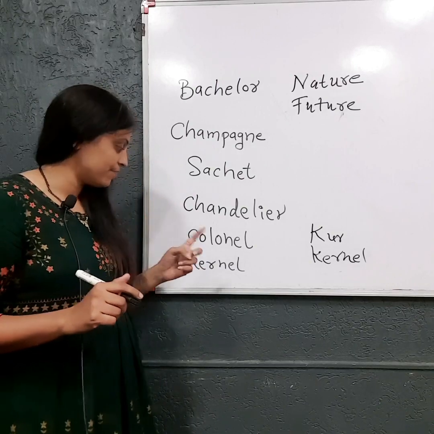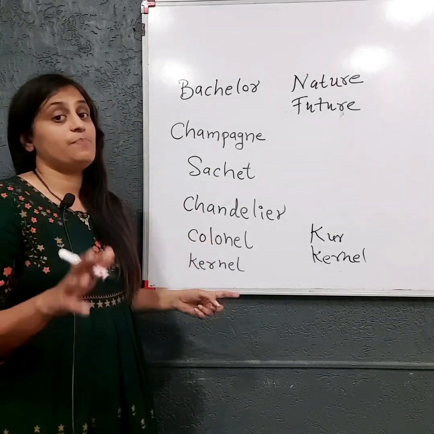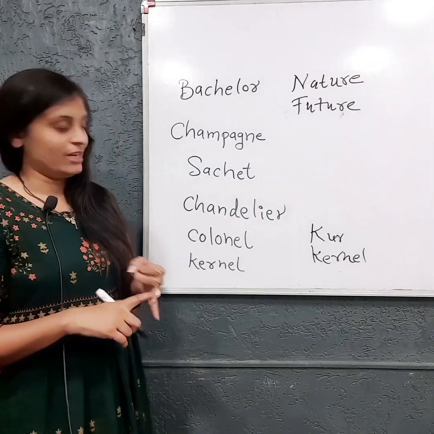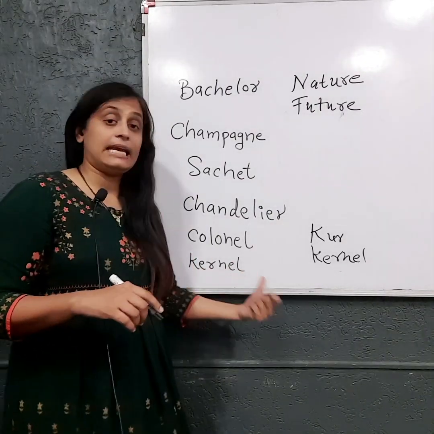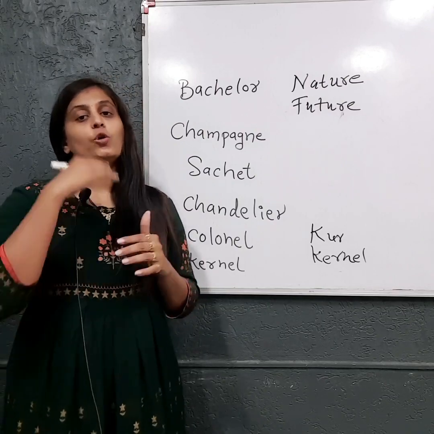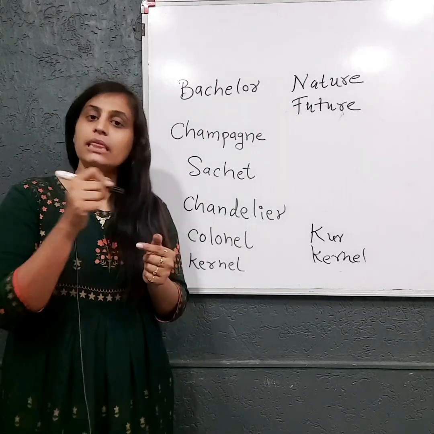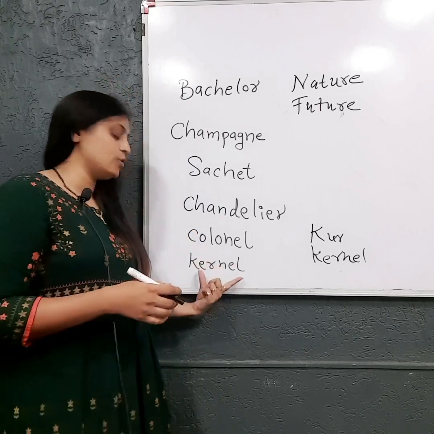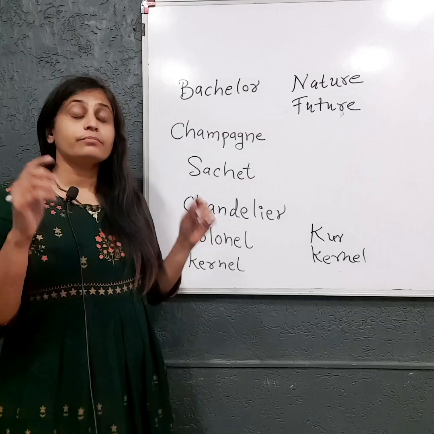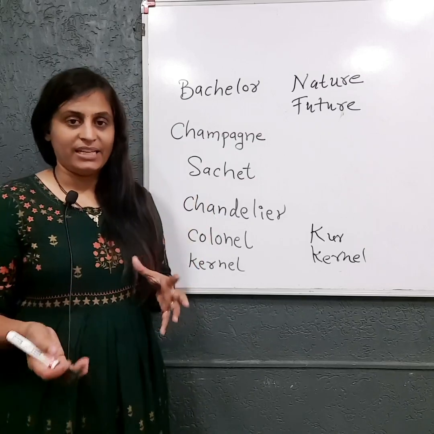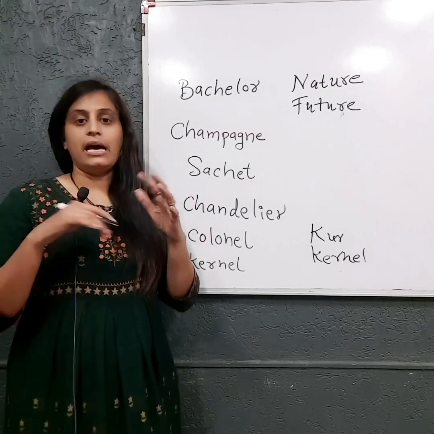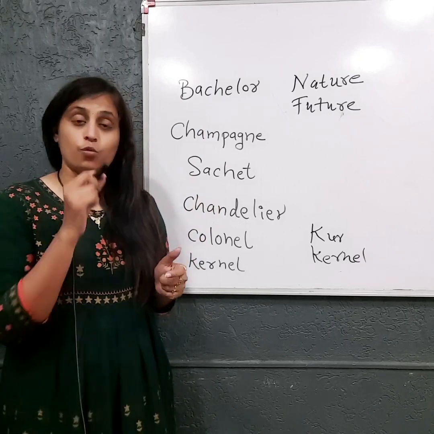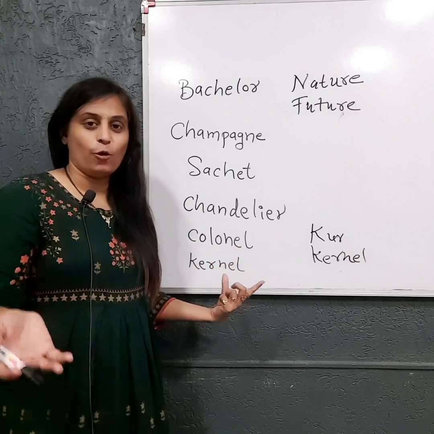Sounds were same, kernel, kernel, but the spellings are different, not only vowels but consonants. So KERNEL, kernel means जो एक कोकोनट होता है उसके अंदर का जो पोर्शन रहता है जिसे हम मलाई कहते हैं, जिसे हम गरी कहते हैं, उसके लिए हम यूज़ करेंगे kernel. ओके, वो generally tender coconut में पाई जाती है. टेंडर जो हरा नारियल होता है ऊपर से green color का, we cut them and drink the water through a straw, so it is also called kernel.